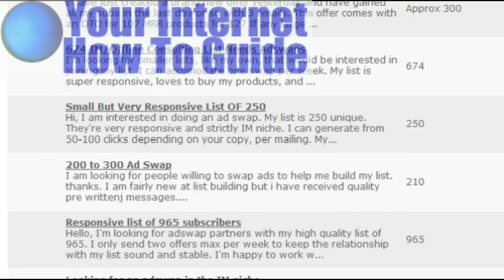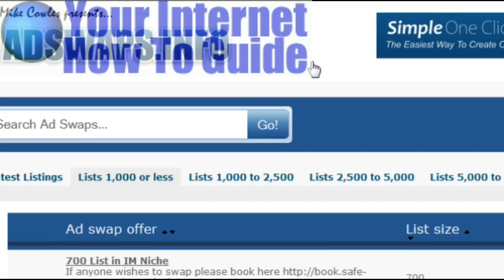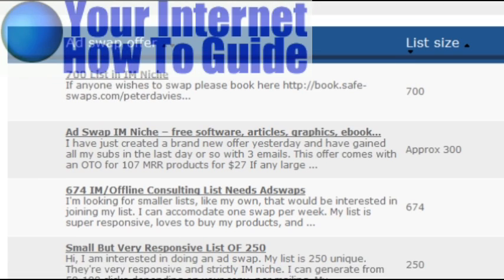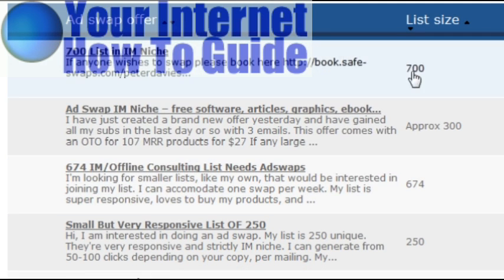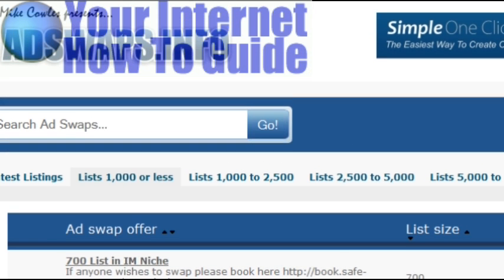The idea here is this is a great place and a great resource for somebody starting out doing ad swaps to go to find people where you can leverage your list. I mean, if you find just a few of these guys, which you can do for free, by the way, this whole service is free, and you say, hey, will you mail for me? I'll mail for you a couple of times. Then while you're mailing for one, you're having all these other guys mail for you as well, and you schedule it out so your list gets bigger and bigger and bigger. And you always want to be trying to do ad swaps with guys that are slightly bigger than you, maybe twice the size or 3 times the size.